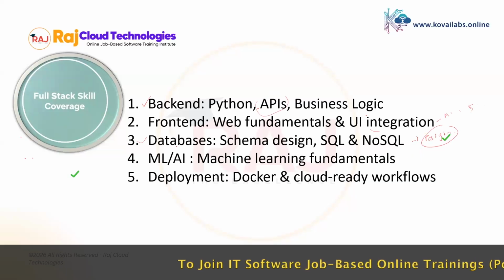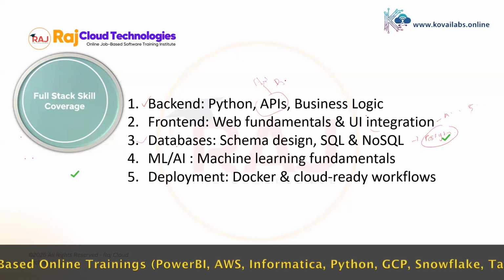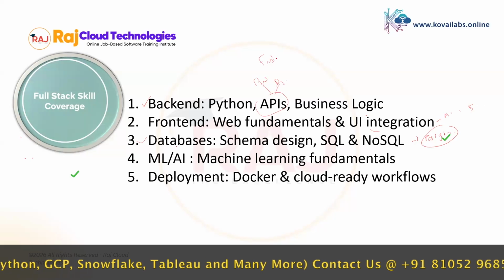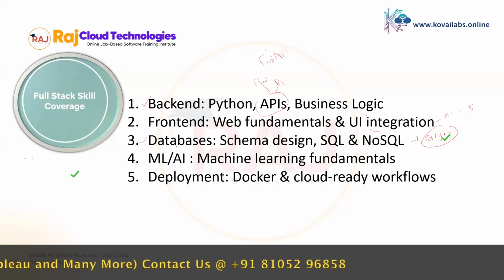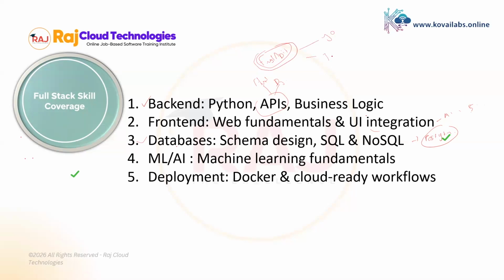When it comes to API, we are not going to go with anything like Flask or Django, because all these are outdated right now. We are going to create all our APIs using FastAPI. This is the fastest API framework available across programming languages like Go, Java, or .NET. Across all these languages, no other API can be as fast as the FastAPI library in Python. Any company that is developing a new API is always going with FastAPI. So all our APIs will be based on FastAPI.